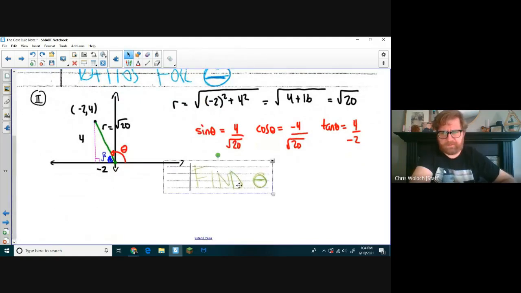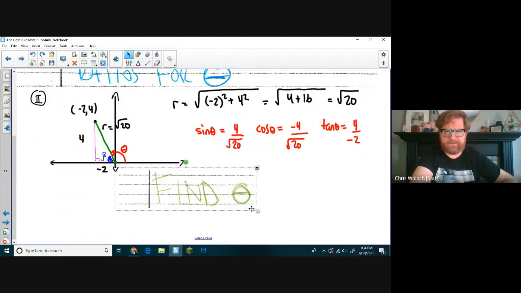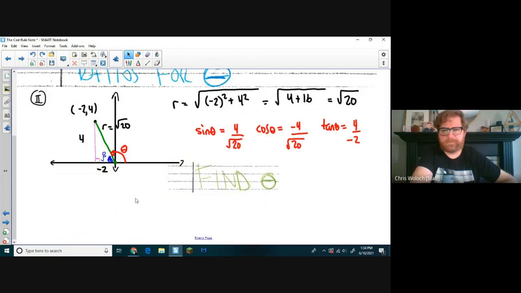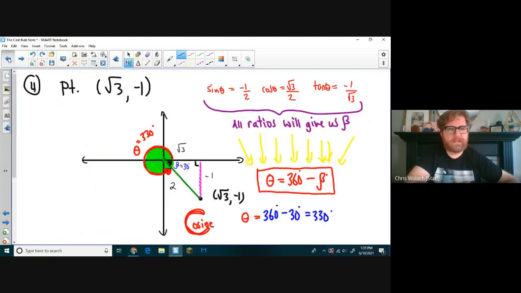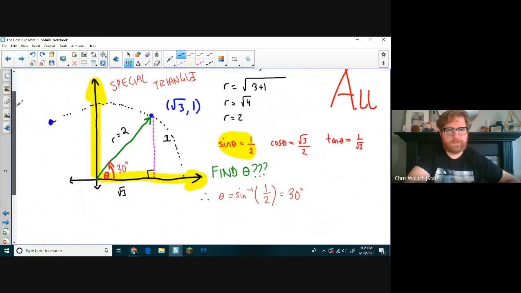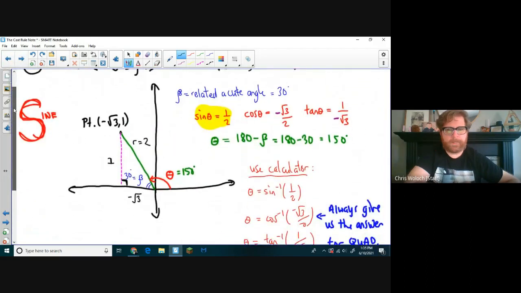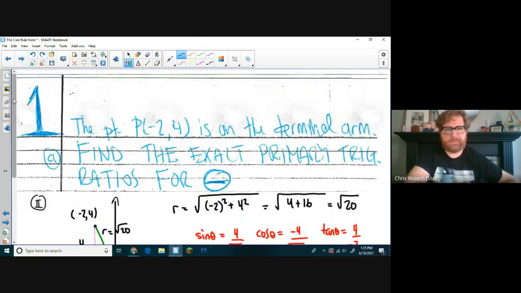So the last thing we want to do is figure out, okay, well, let's find theta. So again, how do we find theta? Well, to find theta, we are going to do the inverse. But remember, if I go back here, because this question, we're in quadrant 2. So let's see, what do we do in quadrant 2? So I wrote down here that cosine will always give us the full swing. Okay, cool. So that means that